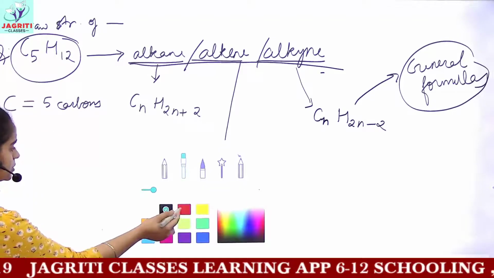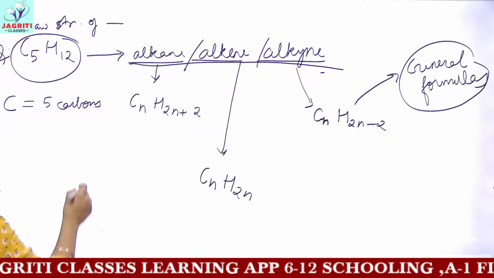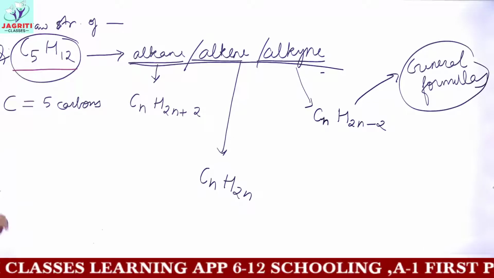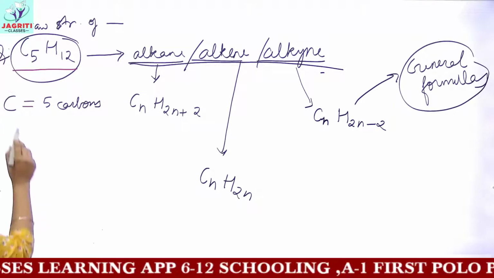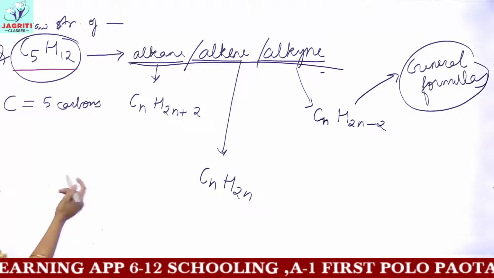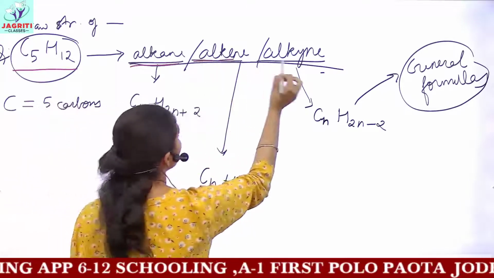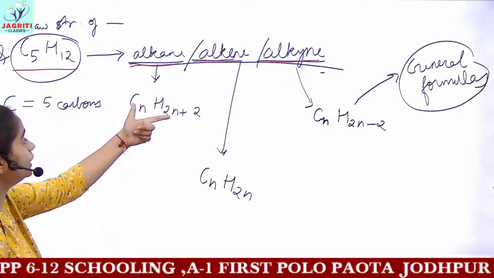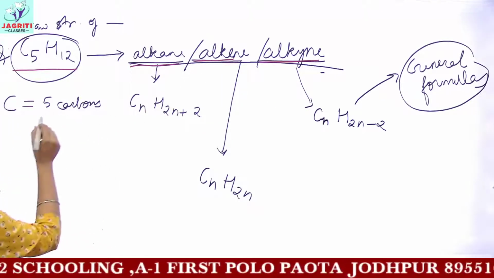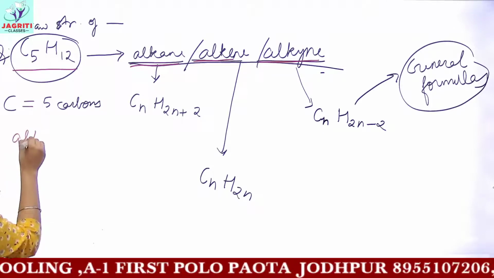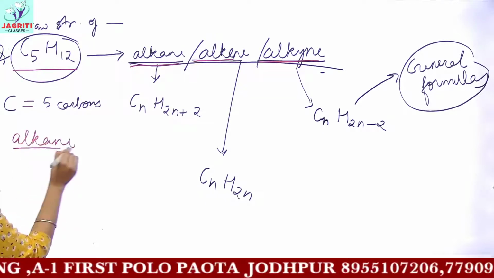Now I'll tell you how to solve this. If in the question you can identify the number of carbons, C5 means 5 carbons. How to know whether it is alkane, alkene or alkyne? By knowing this general formula. So firstly, if I solve for alkane, the formula for alkane is